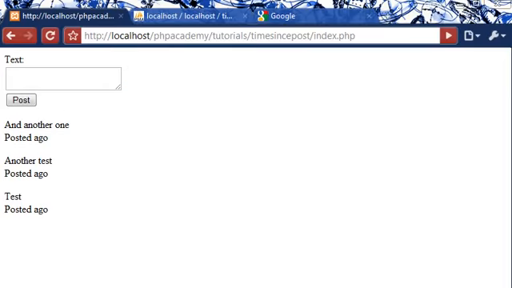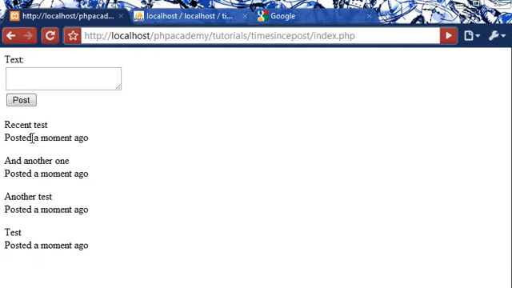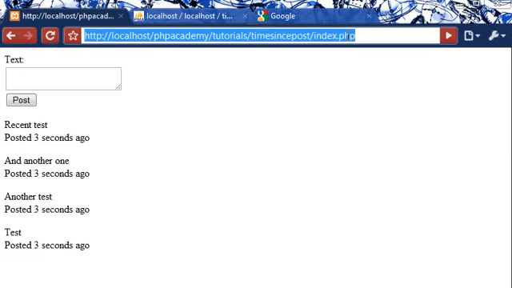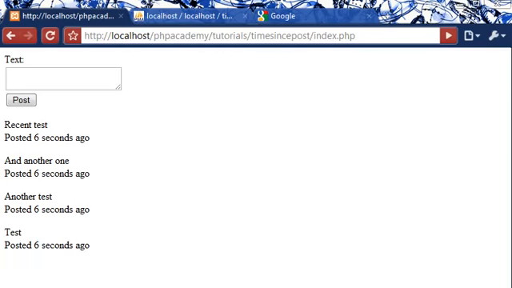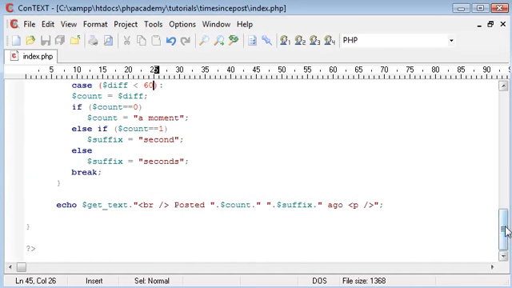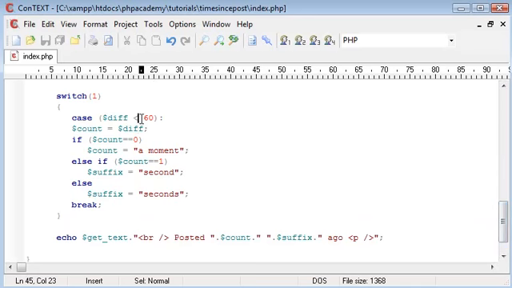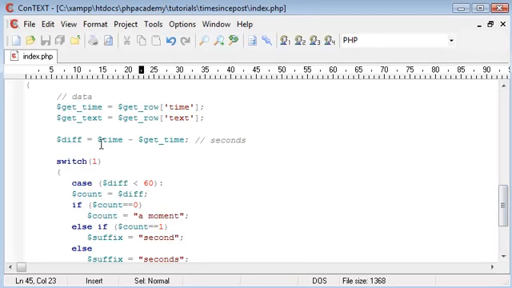So if I come back to the script and I type recent test, posted a moment ago, I refresh, posted 3 seconds ago. What's going on here? Let's check. Okay, we'll have a look up here. Diff equals time minus